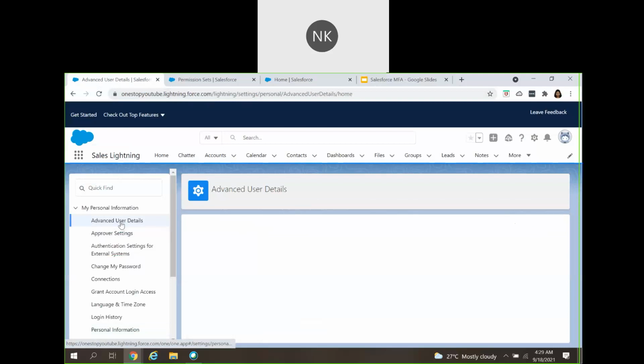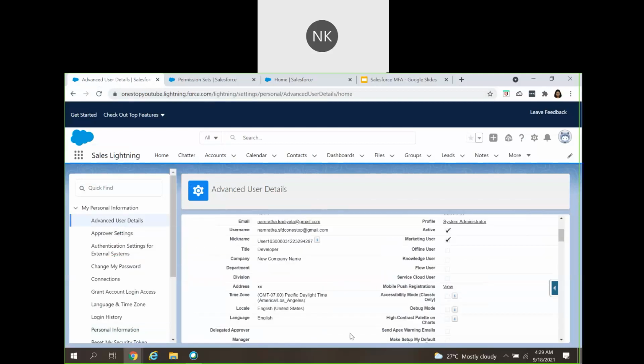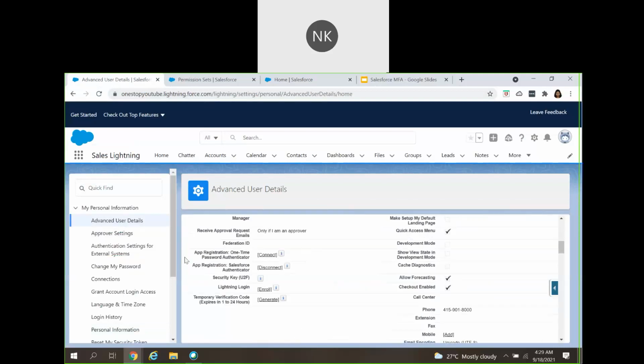Here when I go back to the user advanced details, you see here app registration, Salesforce authenticator. So this is something which is connected, which means the user has the multi-factor authentication permission set, and the user is logged in into the Salesforce using the Salesforce authenticator app.